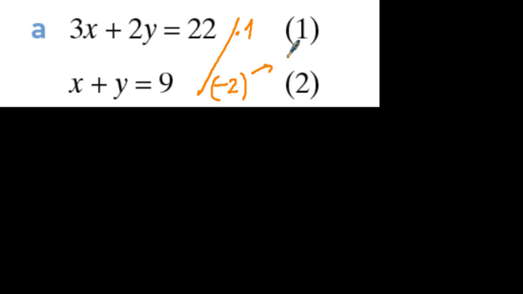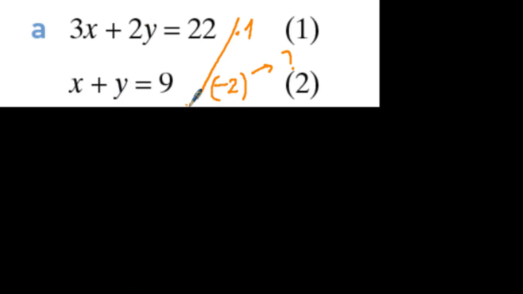Here the question is coming, why minus 2? Why are we multiplying by minus 2? Because I need to eliminate either x or y, and I have chosen to eliminate y, and here the coefficient of y is plus 2y, so I need to make this one minus 2y to eliminate. So if I multiply this y by minus 2, this is going to be minus 2y, and up I have plus 2y. When I add side by side using the elimination method, this is going to be solved